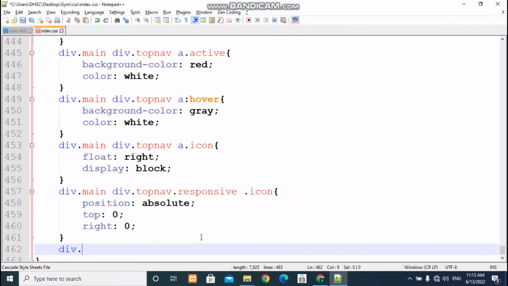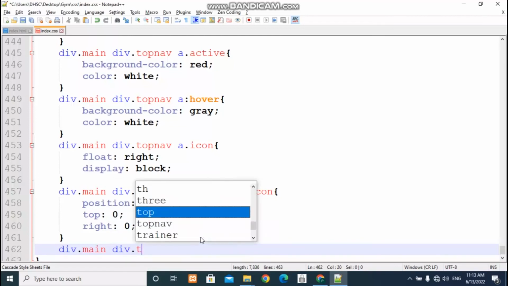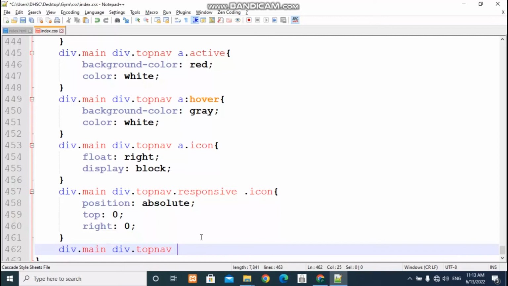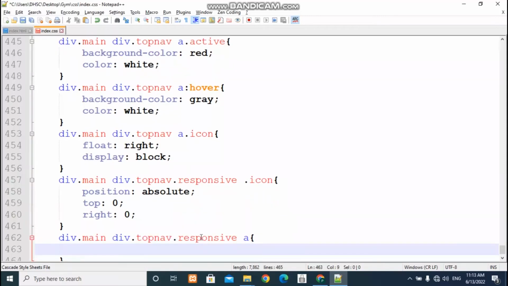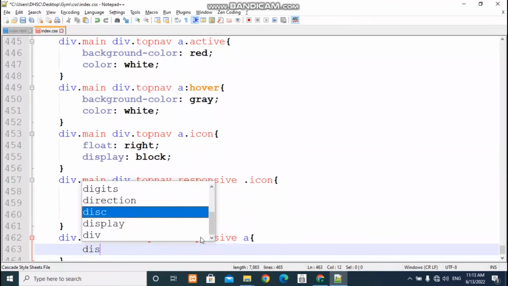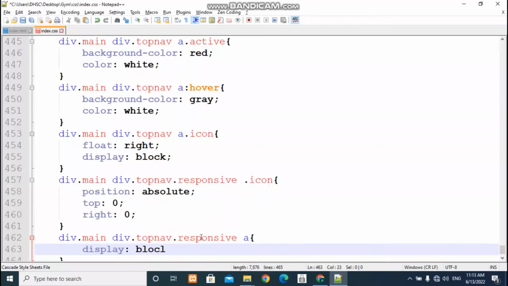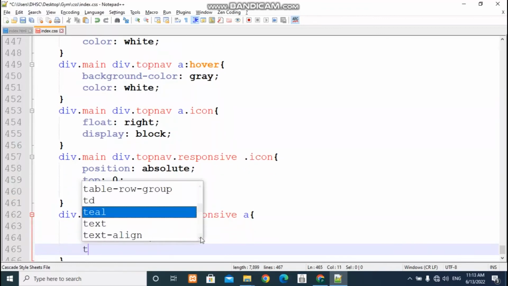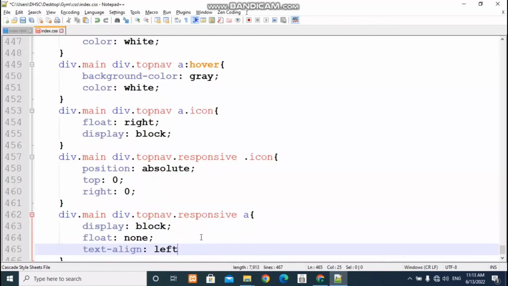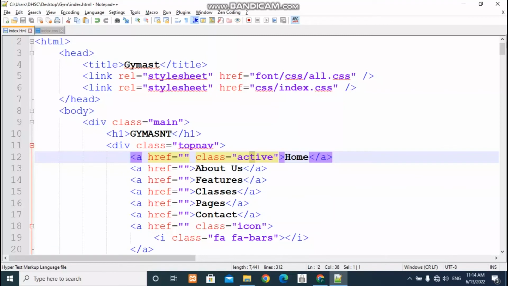And the next class which I'm going to add is for the div.nav, and this is also going to have the responsive class, and I'm going to change the anchor elements. Now the anchor elements should display as block. This is the first thing that we want. And the next thing which I want is to float them as none, because I don't want them floated. And then you can add a text align to the left, and you can just refresh this. And now we have added our classes very well, and now we can go back to our HTML file,